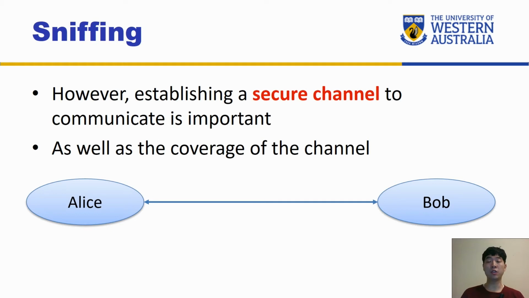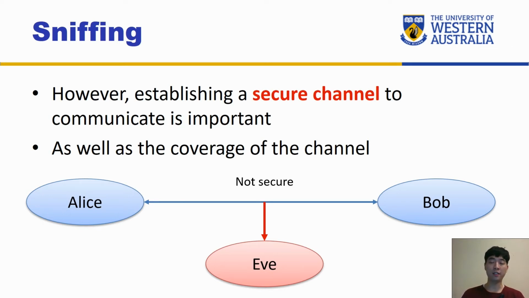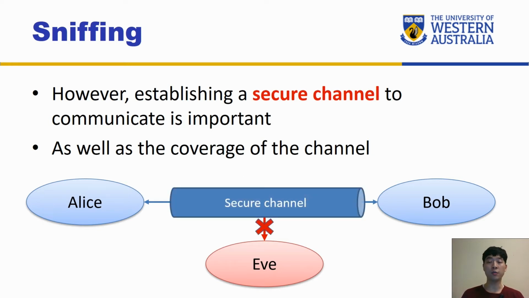So let's have a look at how crucial it is to use encryption and create a secure channel, because establishing a secure channel to communicate is important. Okay, so for instance, we have Alice and Bob without any encryption, and that means Eve can tap into any part of this wire and start sniffing whatever data they're exchanging. So to prevent that, we can add a secure channel. Okay, so this means Eve can no longer sniff the packets in the communication channel because everything is encrypted,